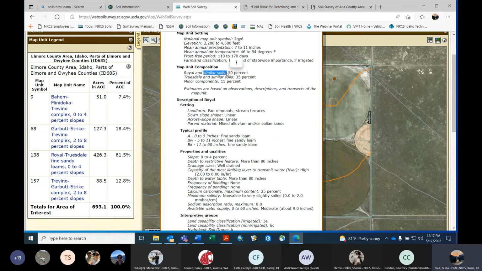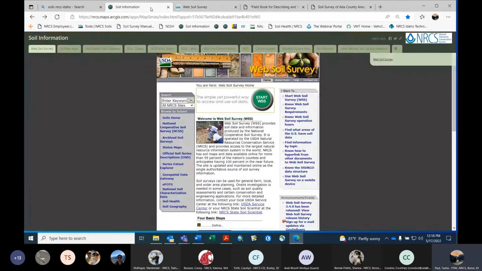So each of the components has a distinct range of characteristics that make it its own unique species of soil, right? And you can find this more detailed soil series info in a document called the Official Series Description, or OSD. So if I go back to that previous page, go to OSD,